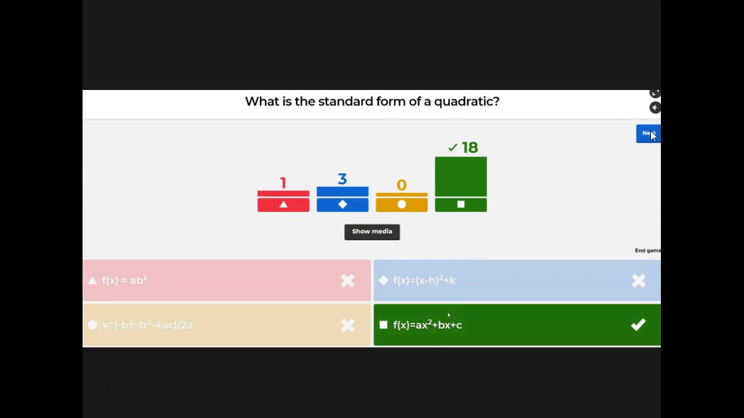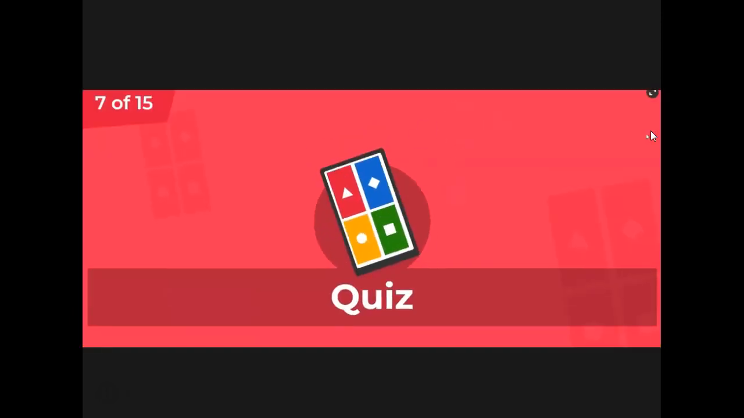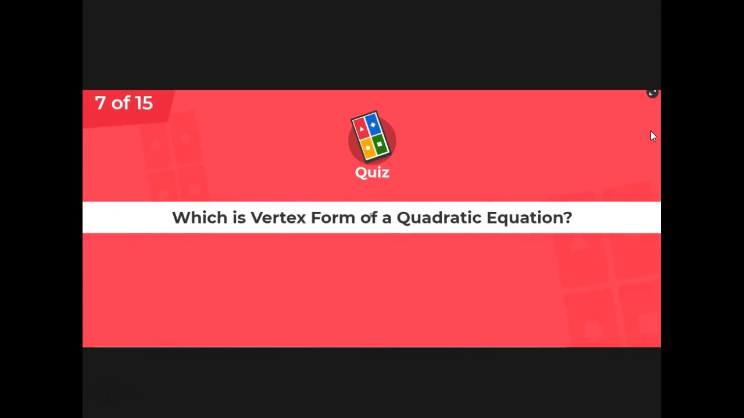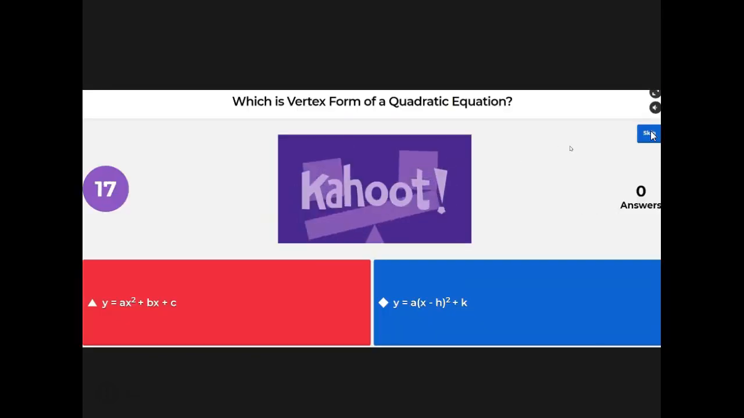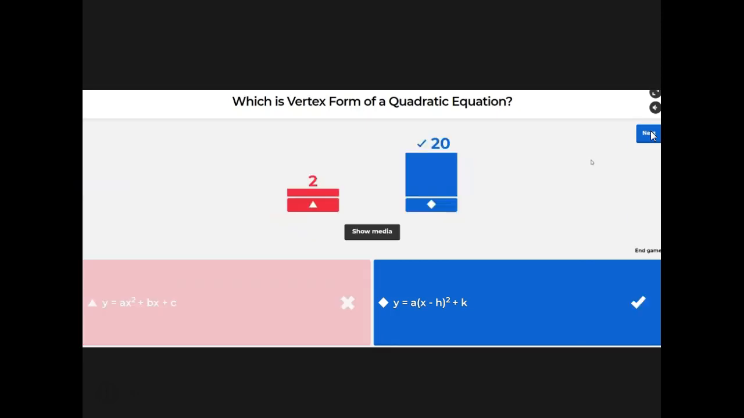Standard form is ax squared plus bx plus c. All of the functions we've been looking at recently are in standard form. What is vertex form? Yes, it is. Good stats. All right, guys. Considering we just said that this one was standard form, and you had a 50-50 shot,